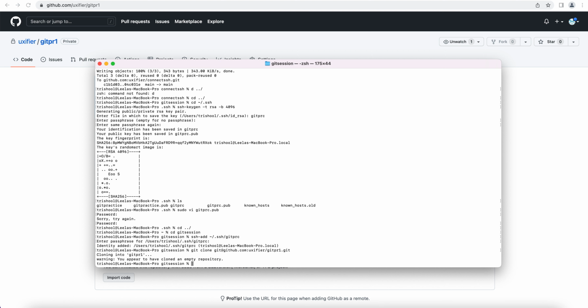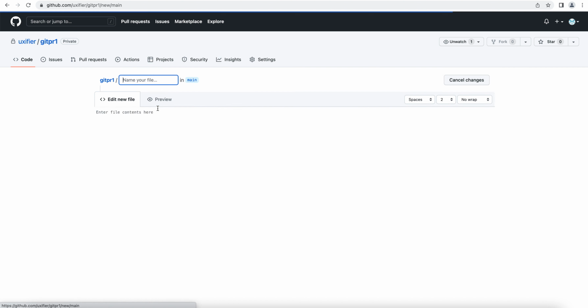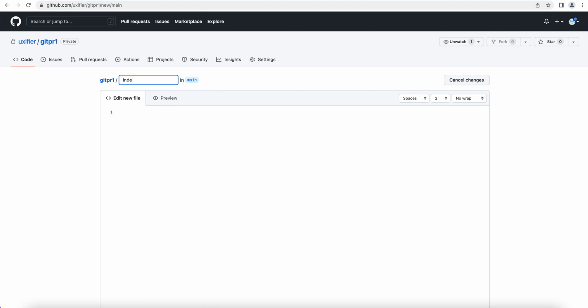See, warning, you appear to have cloned an empty repository. So why? Because it is an empty repository, there is nothing to clone, right? So it's not going to happen. So for the time being, I'm going to create a new file called index.html, right? And then I open HTML, blah blah blah, close HTML,